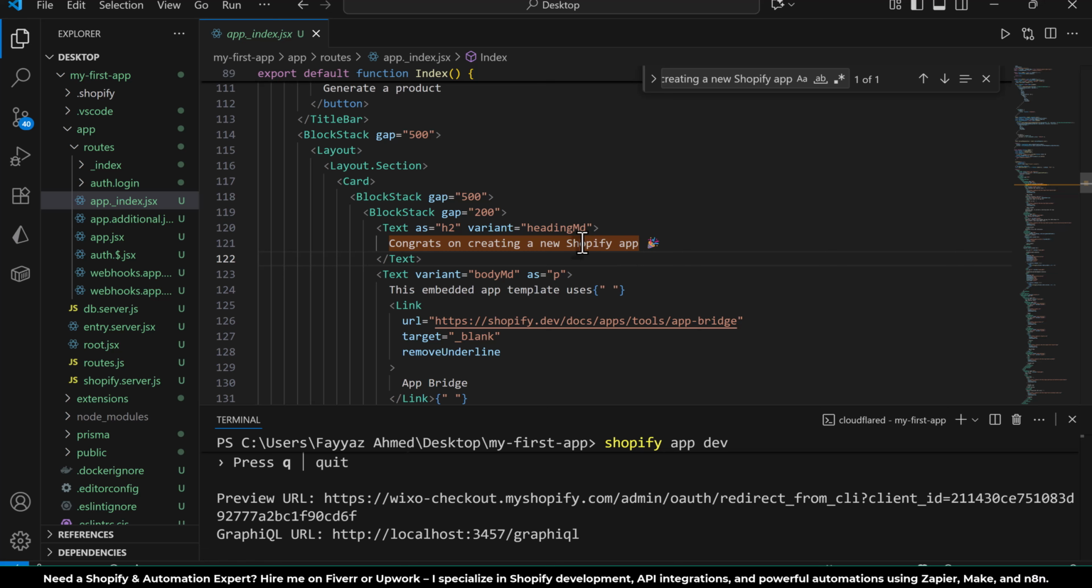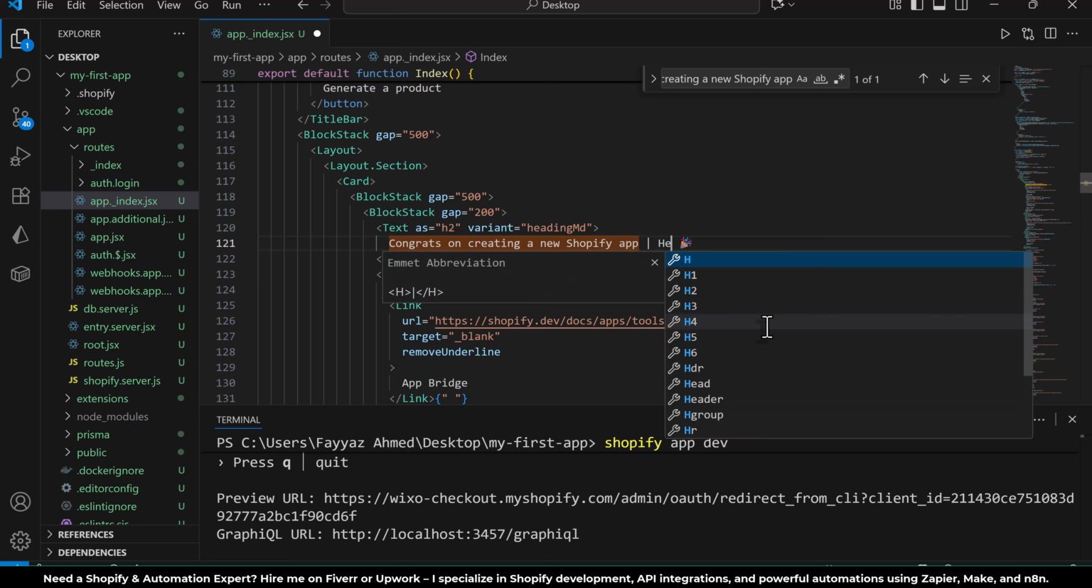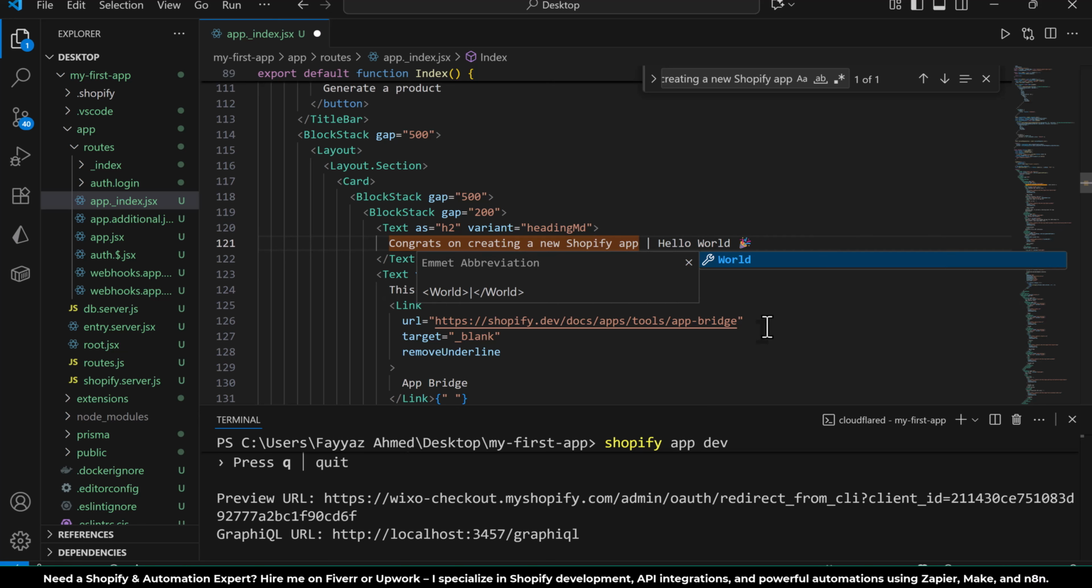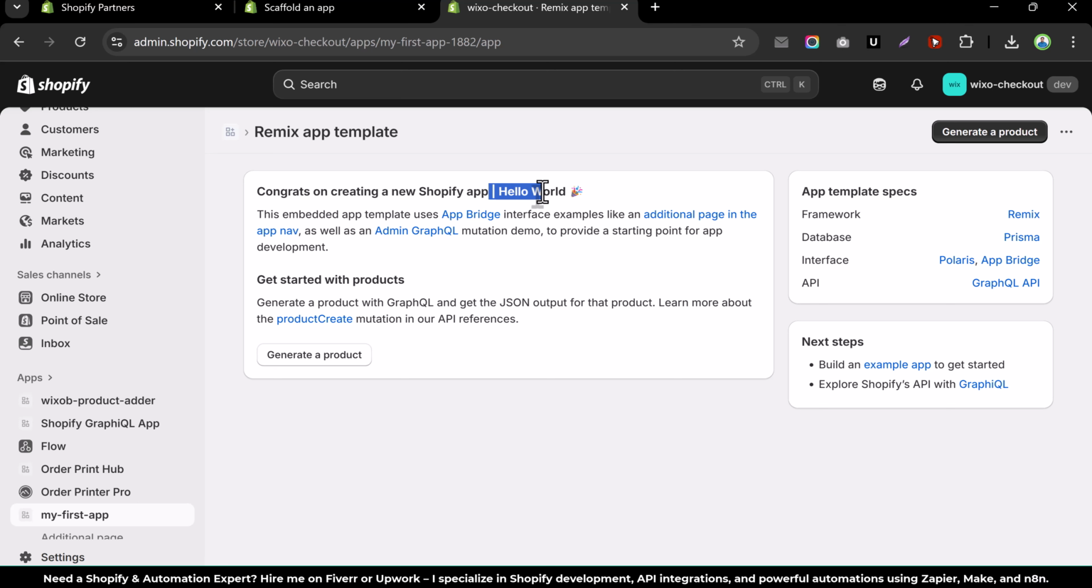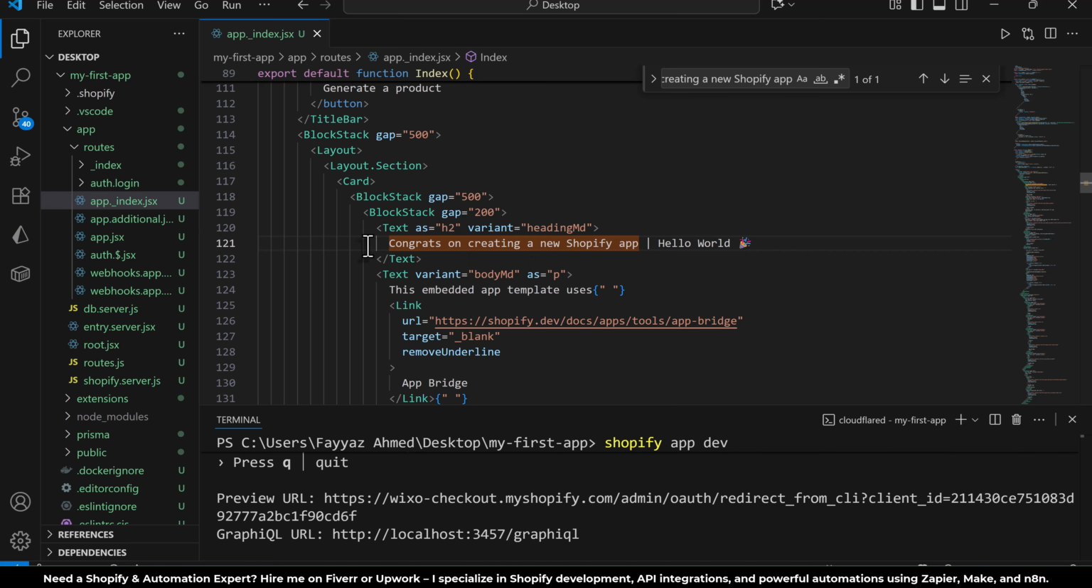And this is coming from here. And you can change the text and say hello world. Save that and go back, and you will see your text is coming over here. So these are the different components